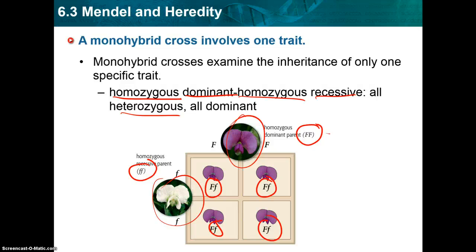The important thing to remember about genotype and phenotype is that a lot of people will say this parent and all the kids have the same phenotype, because they do, they're both purple, but they have a different genotype because this is big F, and all the kids are big F, little f. So different genotype, but they show the same phenotype, the same physical trait.